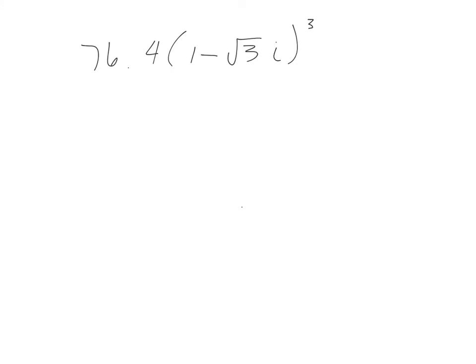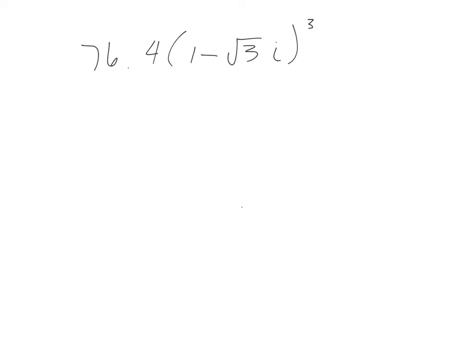So do 3 problems on the homework or similar to the homework, 76 first. The question asked: find this complex number to the third and write the result in standard form. So first we're going to convert into polar or trigonometric form, and then after taking it to the third power we will convert back. Interestingly, we have a 4 out front, so everything we're going to want to do